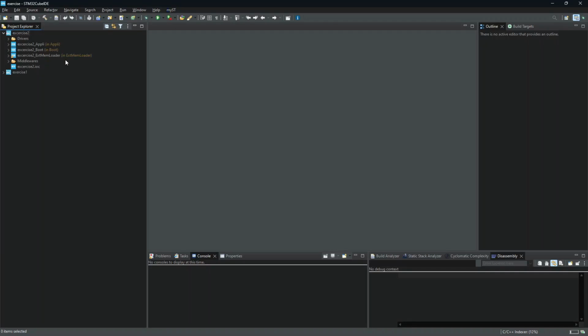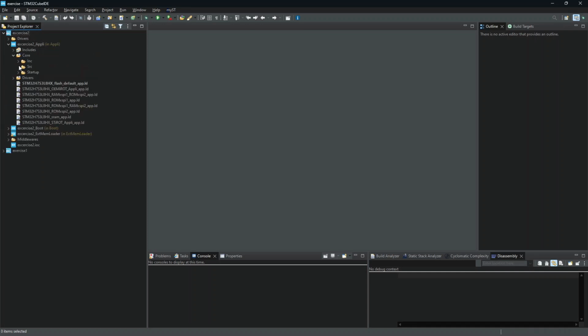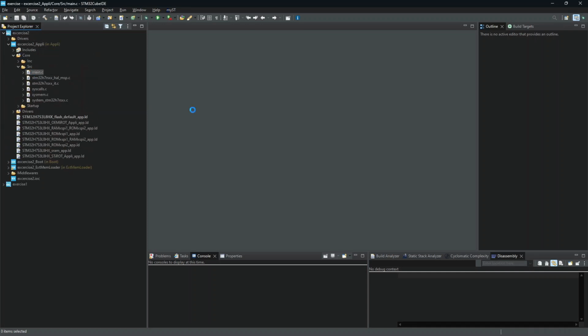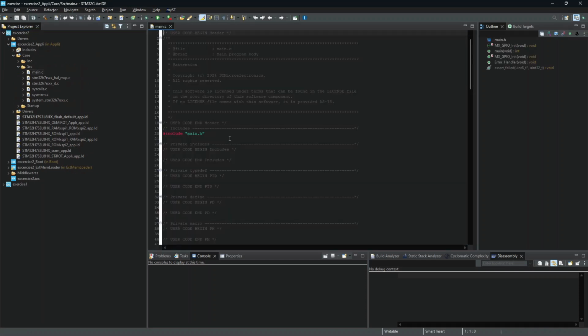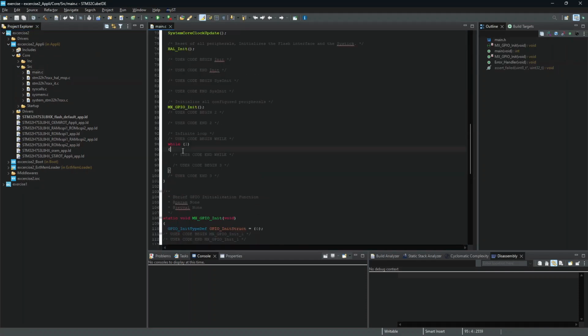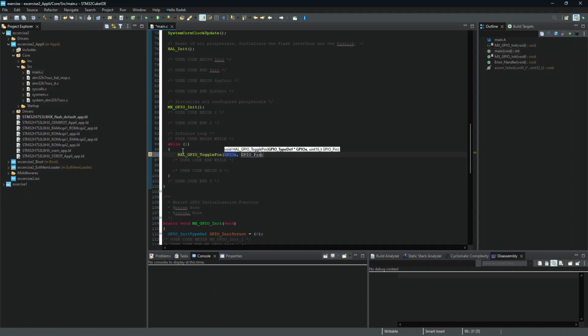Now he added my project, so you should have here 3 projects, again the application, the bootloader and the external loader. The first thing I will add is the GPIO toggling into my application, why not, to not forget about this. So I will put here the HAL_GPIO_TogglePin and GPIO-D, GPIO_PIN_13 and HAL_Delay